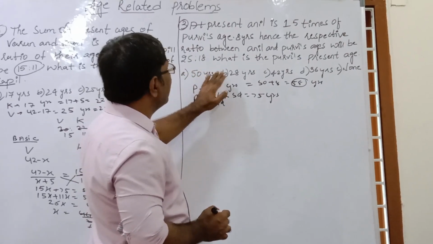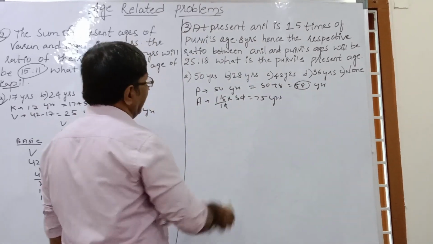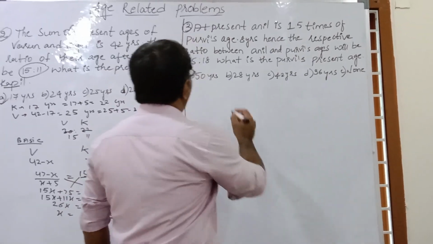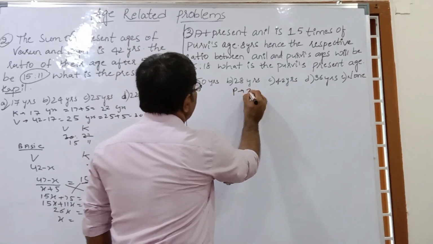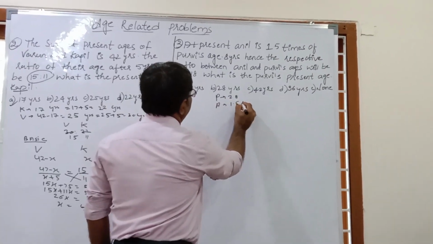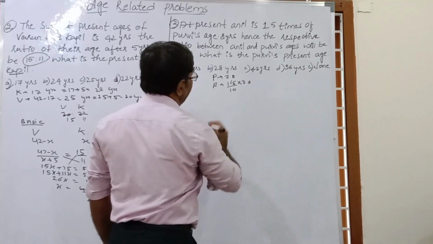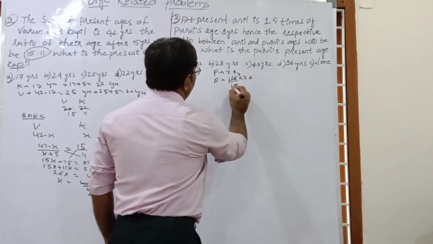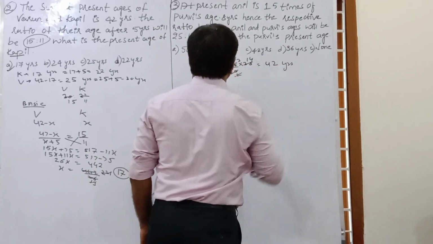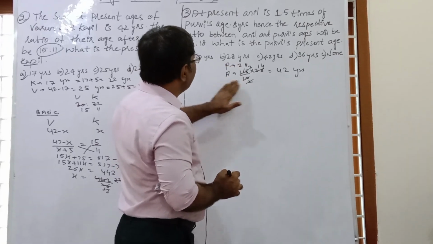Okay, so go for the second option, that is 28. So if we go for the second option, that is 28, then see. Purvi's present age is how much? That is 28. Now what will Anil's age be? That is 1.5 into 28. So leave the point, so 15 by 10. So 5 3s are 15, 5 2s are 10, this is 14. So 14 3s are 42. So this is Anil's age. So now Purvi's age is 28 and Anil's age is 42.